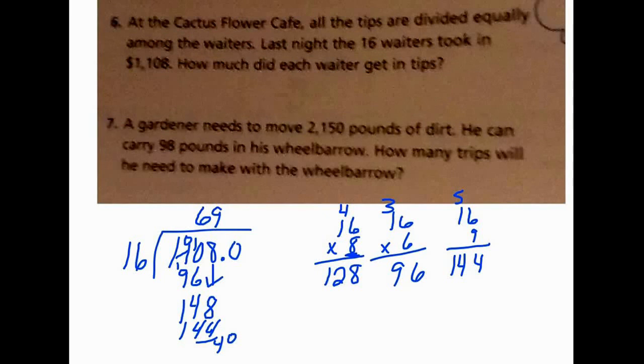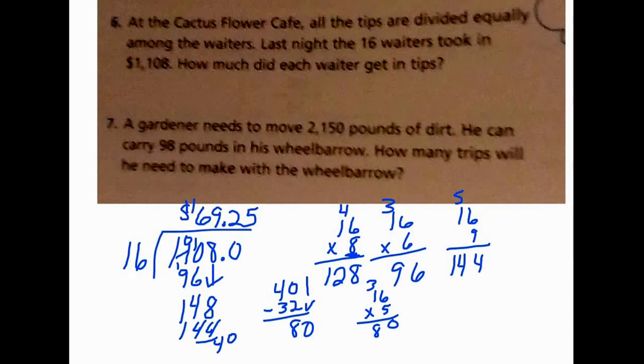16 goes into 40. Let's see, twice. Okay, so I put my decimal point up 2 times. I'm going to transfer that 40 right here so you can see twice times 16 is 32, and I get 8. And it's kind of the same numbers I had before. 8 times 5, or 16 times 5, when I bring down my 0, would give me 80. Yes, it does. So each person would bring home a tip of